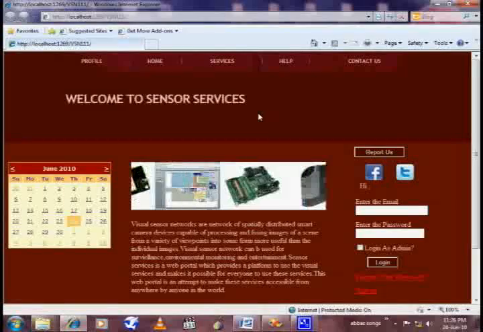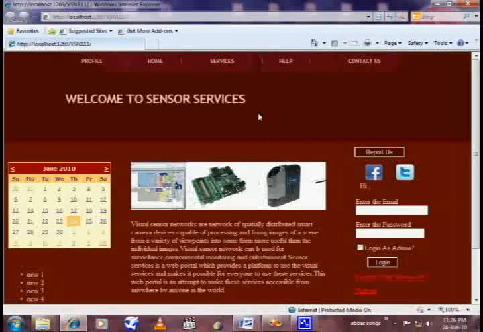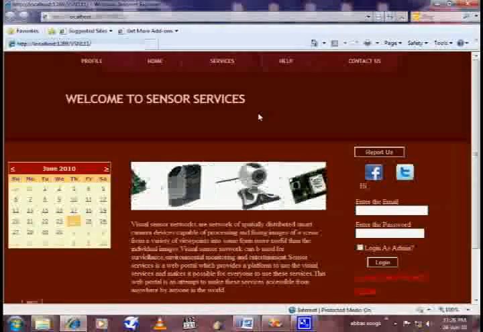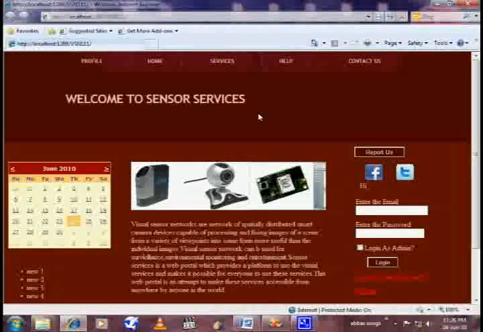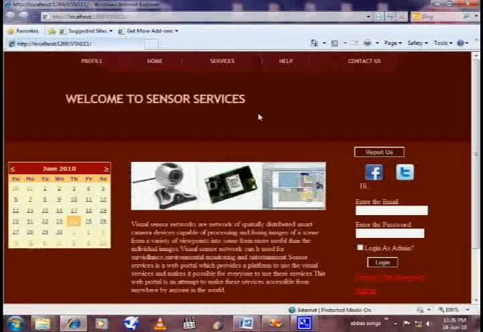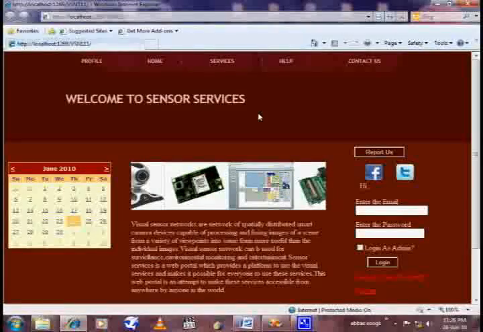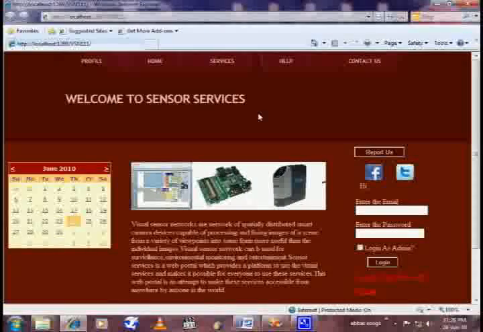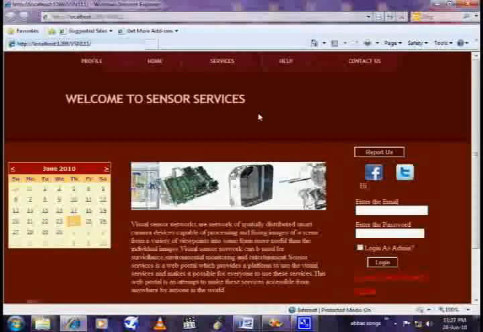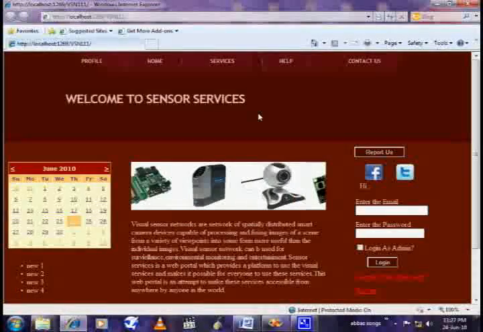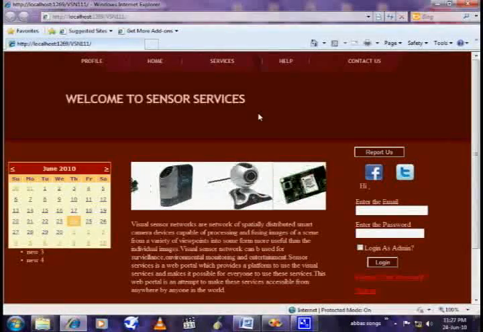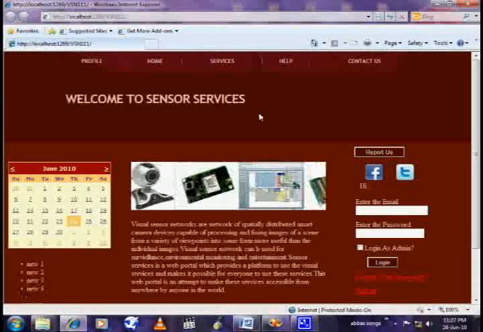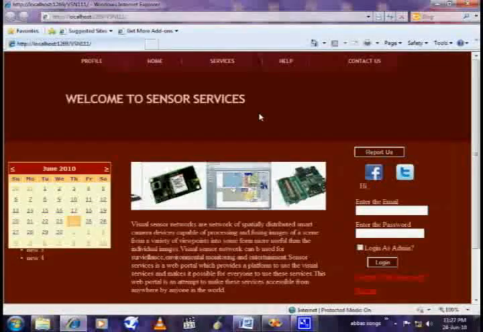A user can activate the service through this web portal by giving some parameters, and the request will be entertained by the admin. A user will first come to this page, and due to its friendly environment, everything is obvious to the user and it is very easy to use. The main feature of this web portal is to provide services, and these services can be of many types. For example, users can have the data in the form of silhouettes or images,